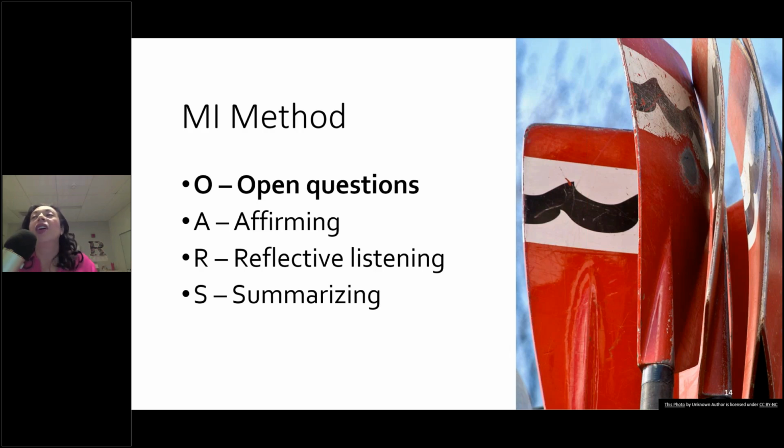But first, I ask that you take a moment to reflect on where you currently stand when it comes to asking open questions, and select the answer that best fits your confidence level. So this is basically about a skill set, right? Rachel, will you please launch the poll that asks, how confident are you asking open questions?